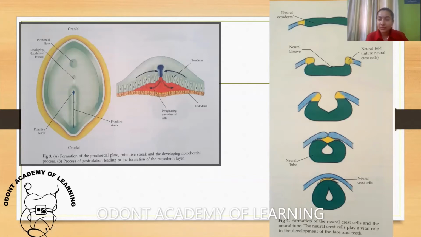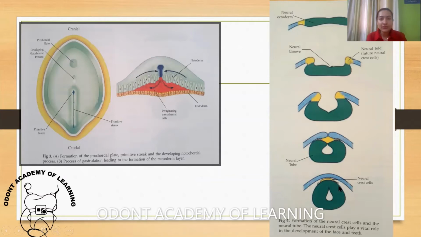The next thing which is very important is formation of neural crest cells, because when the neural crest cells are formed, the neural tube will be formed. The neural tube is the structure which consists of the spinal cord and the brain. There is neuroectoderm present here, and in between the neuroectoderm there is a neural groove. Eventually the neuroectoderm folds start coming towards each other, and once they come together they fuse and lead to the formation of this neural tube. This structure here is the neural tube which harbors your spinal cord and the brain, and these are the neural crest cells.